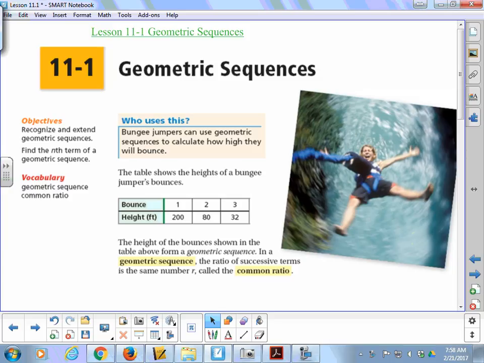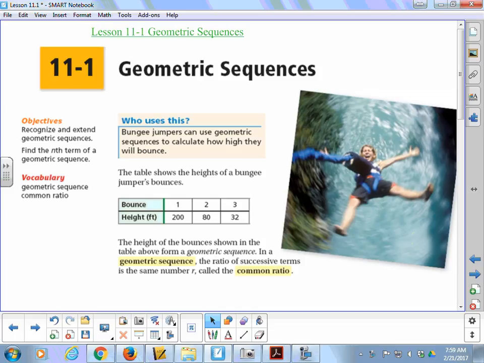Sequences. So we're going to recognize and extend geometric sequences, and then we're going to do finding the nth term of a geometric sequence. So this is pretty straightforward today. Basically, when we talk about a geometric sequence, we're talking